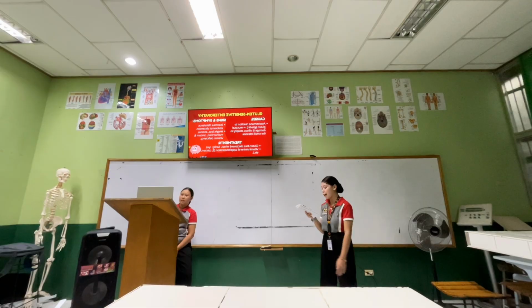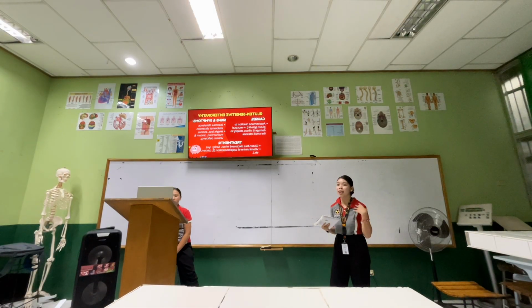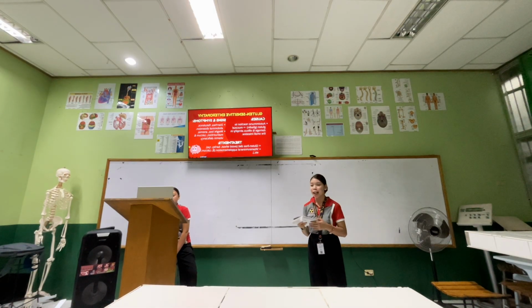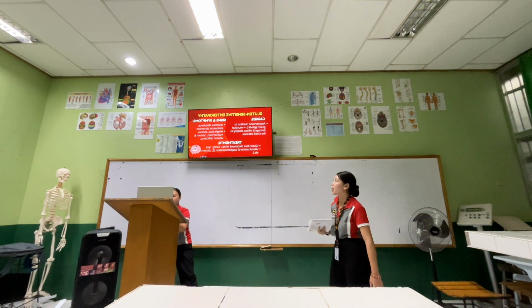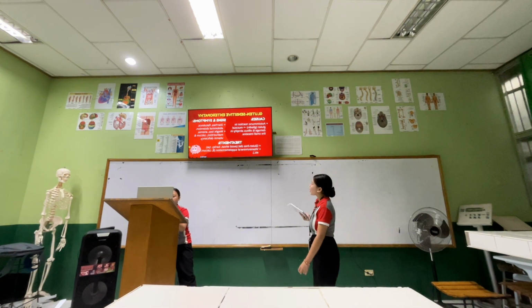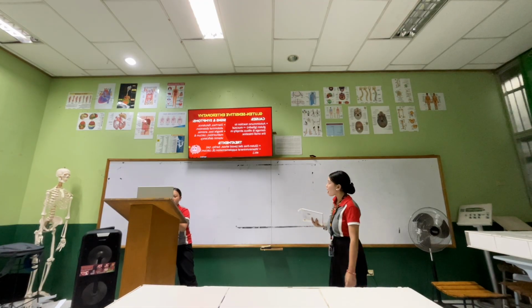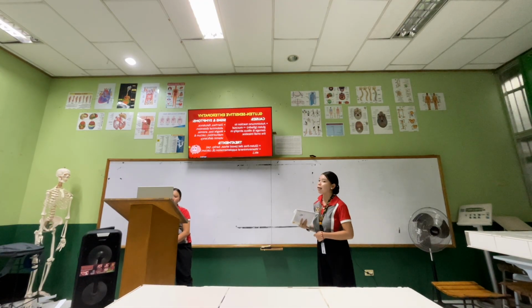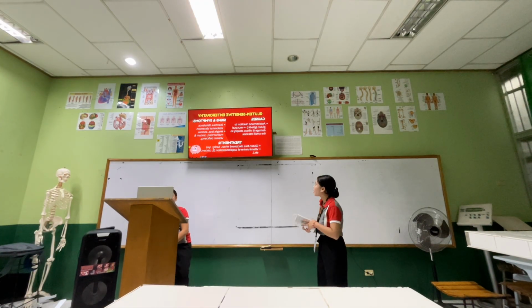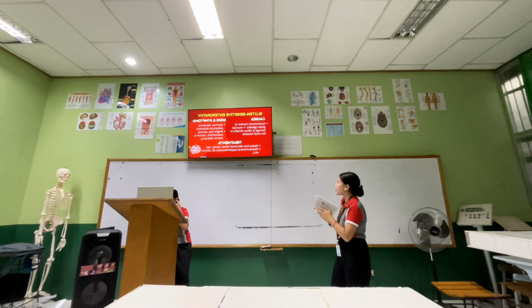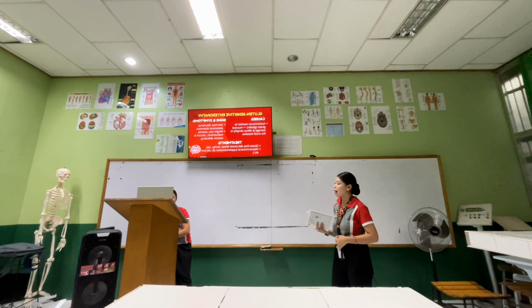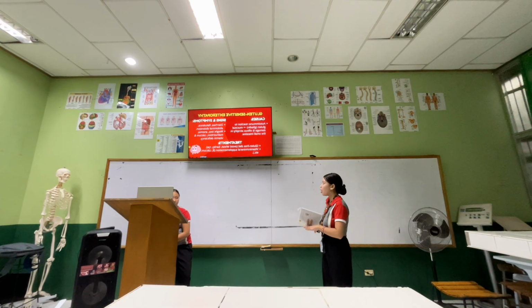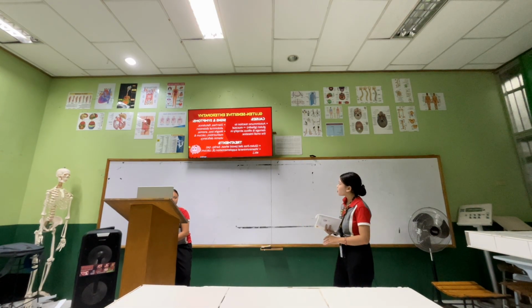It is too much gas in our stomach or intestines, causing burping or farting. And then weight loss, anemia, malnutrition, calcium and vitamin deficiency. So treatments, gluten-free diet, of course, it's from the word sensitive, so kailangan free from gluten, and then